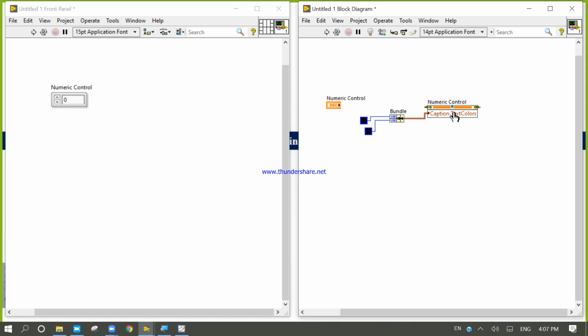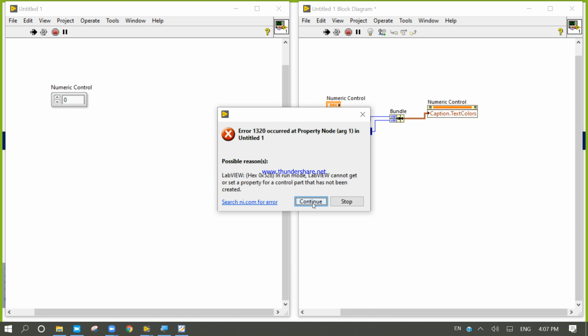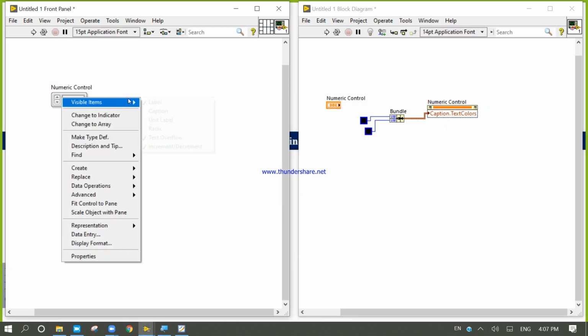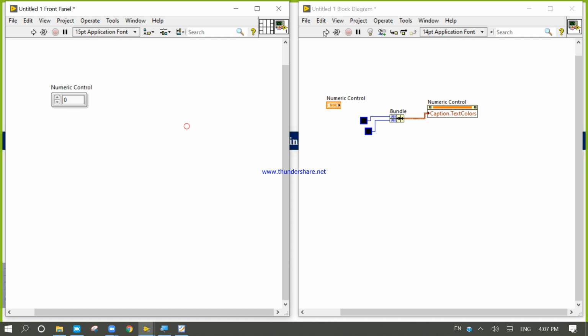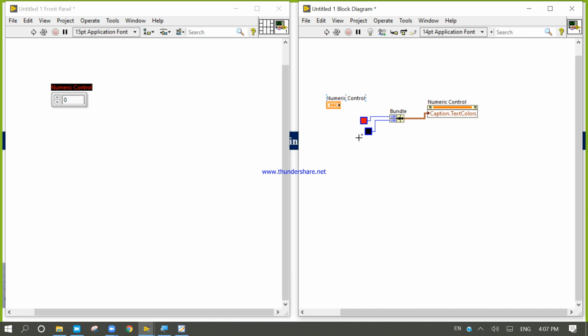So for that, right click, again I will run, so it is for the caption. Stop, right click, I will go here, I will click on the caption. Now if I run, it is red. Okay, it will be white. So we can change the numeric color also like this. It will depend on how you approach it. We will use all those things for our project. So you need to learn.